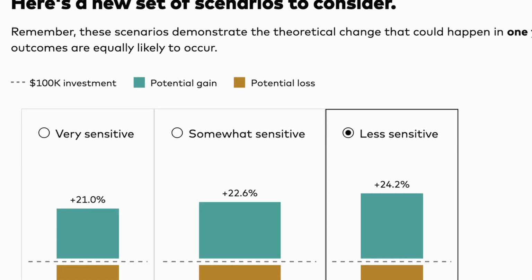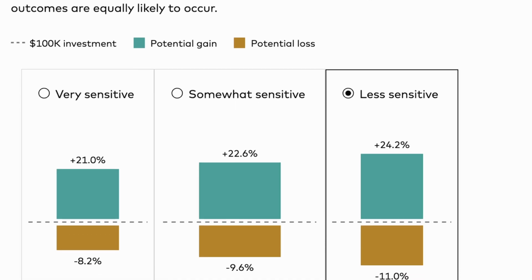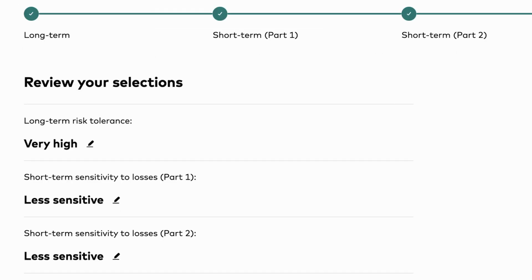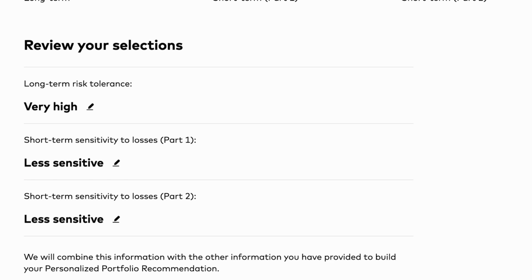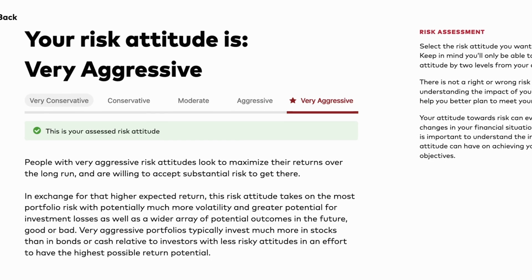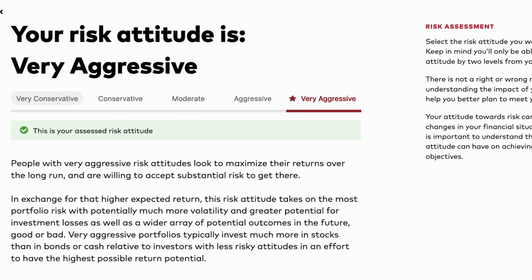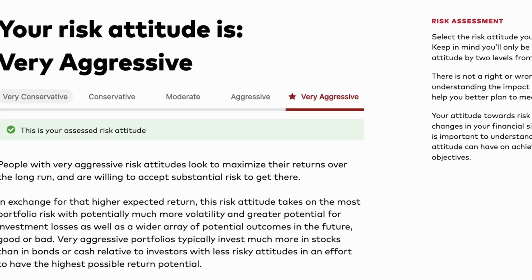And so they do this by asking you different scenarios, within 1 year, how much loss are you willing to withstand? And then it gives you a review of your risk tolerance. I always pick very high, and I'm not sensitive to downturns because I think those are opportunities. And then finally, it aggregates your risk assessment, and I ended up being very aggressive, which is where